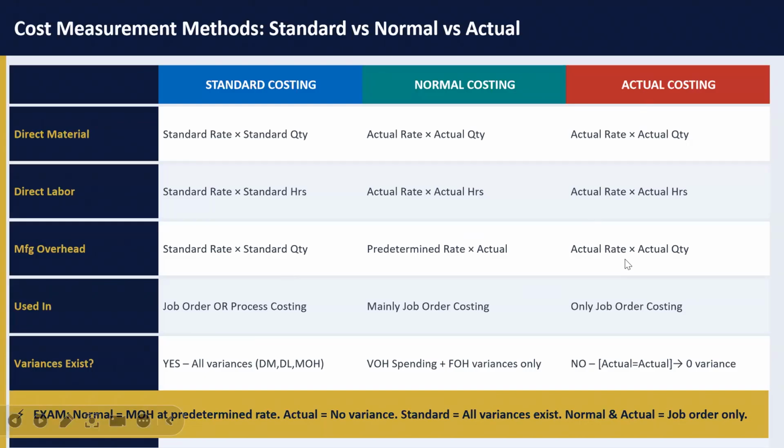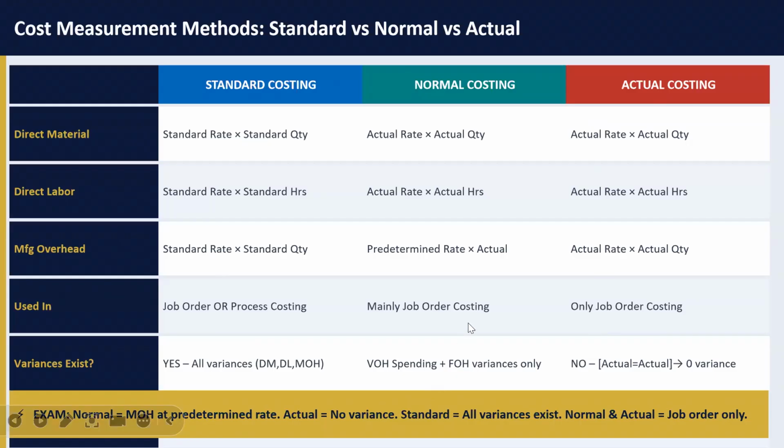But for your actual costing, it is not at all possible. Because for all the three, DM, DL and manufacturing overhead, you are using the actual rate itself. Standards are not available. So, no variance calculations are possible in actual costing. Okay. And in standard costing, all the variances are possible because for all the three, you know the standards. And here, only overhead variances are possible. To say it to you in detail,